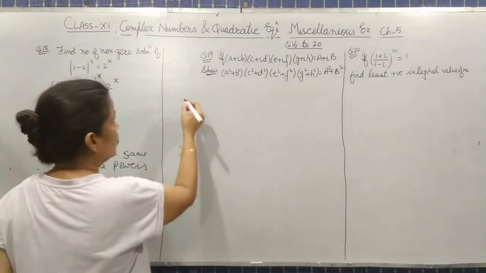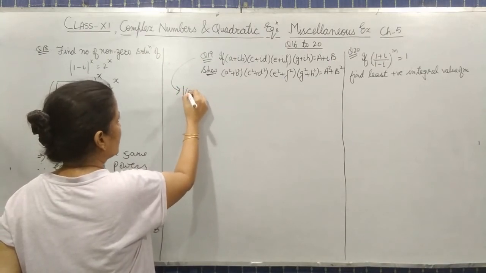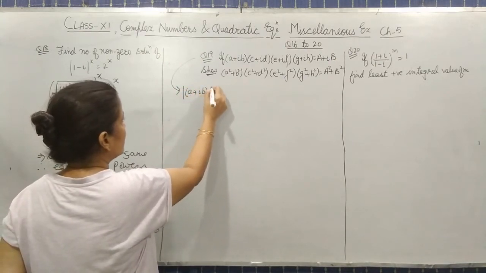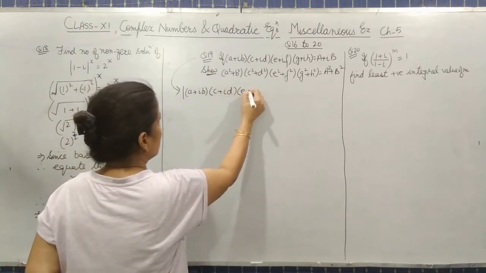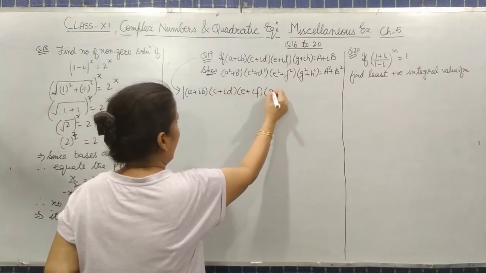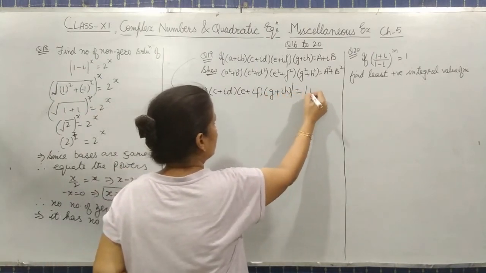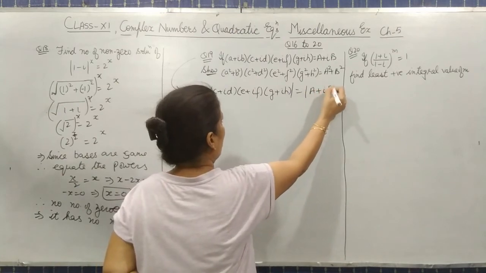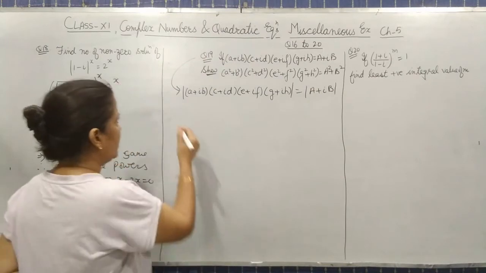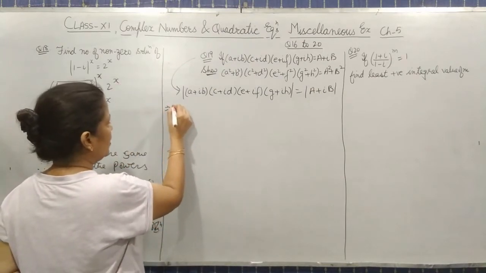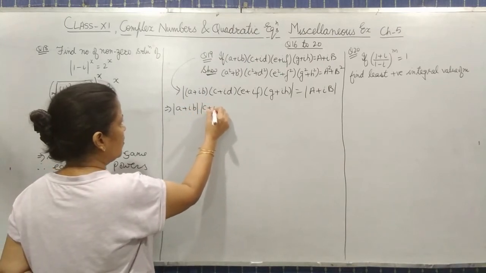So what we will do, from the given part, we will take the modulus of whole. Like this we will write it, and then we will write them taking mod on both sides. This whole mod, we can write them separately also. So this means, write them separately. It's a property.